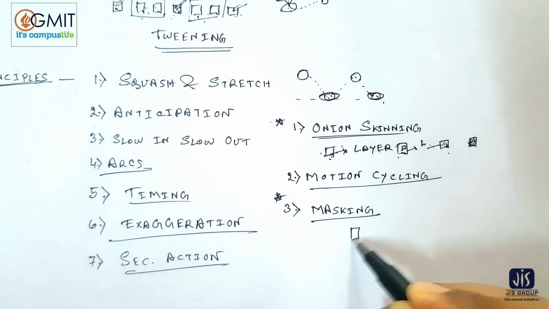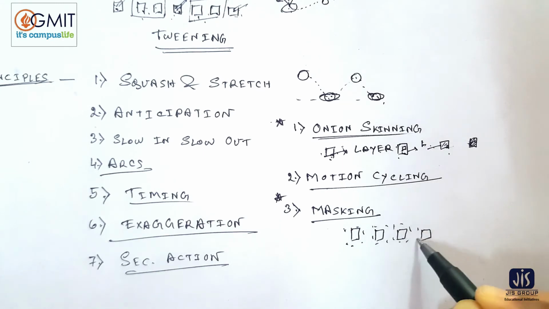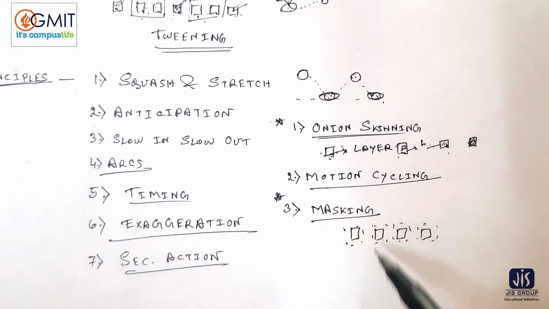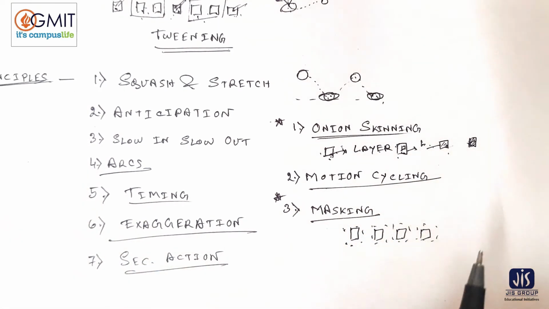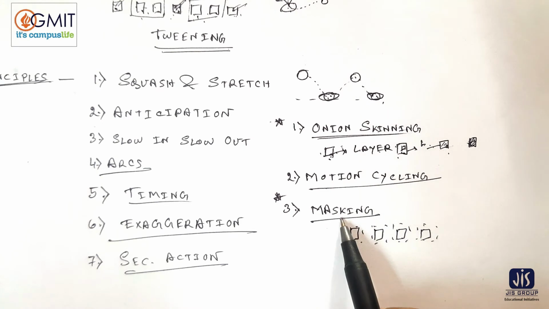Suppose these are the frames, then we must protect this frame with something. Why? Because if ink spreads from one to another, then this frame may get tampered. That's why we have to protect this frame, because frame is everything for an animation, like pixel is everything for an image. Similarly, to secure each and every frame, we have to cover it or secure it, and this technique is called masking. This actually works as a mask.